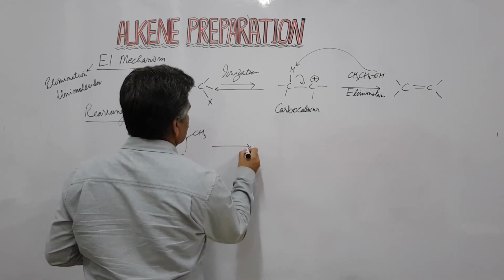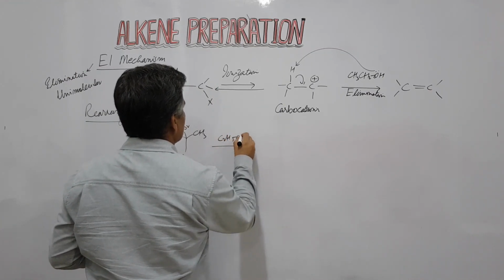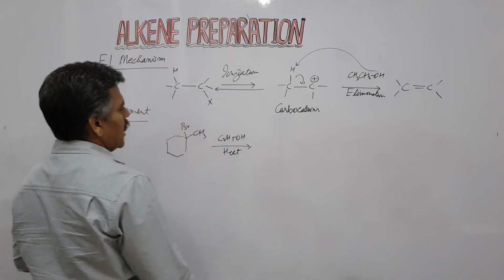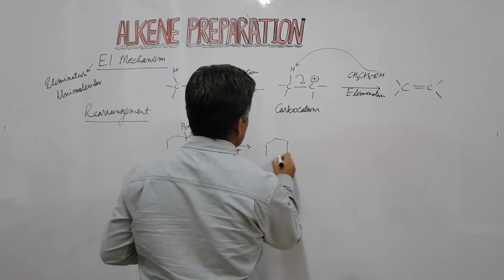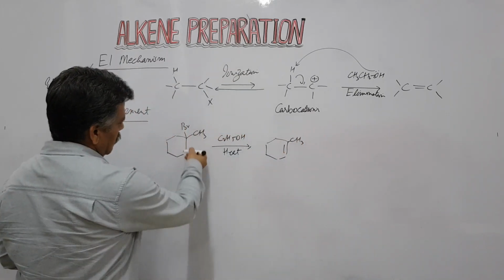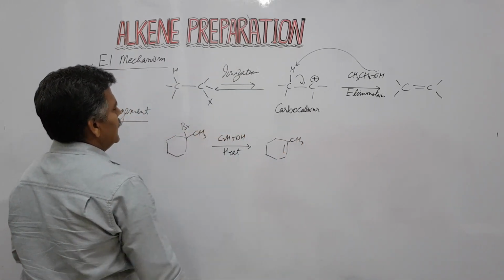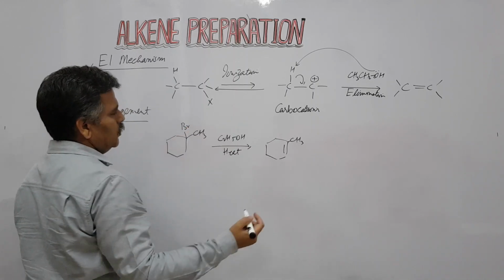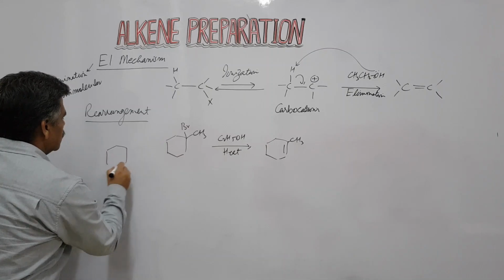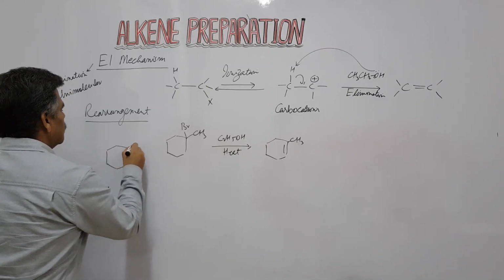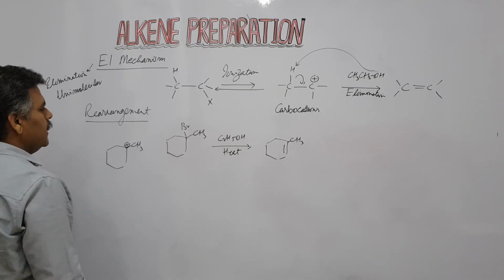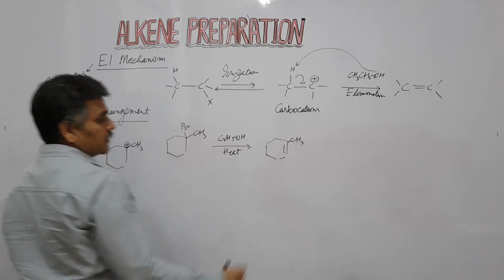When it reacts with C2H5OH and heat, normally we expect this product, the more stable alkene, dehydrohalogenation, removal of H and Br. And we know that this reaction involves this carbocation. The first step is the formation of this carbocation. Okay, so the substitution product, we have